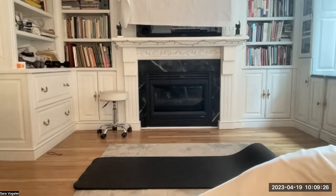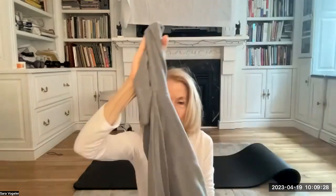Okay, thank you for your patience with me. Do a little bit more. If you want to get warmer, you can put on your shirt or wrap it around your shoulders. And we'll tilt that downward like so. Let's see. Let's work with